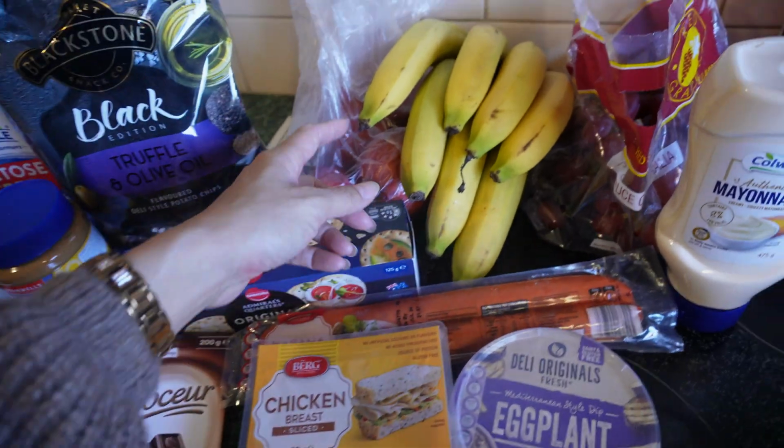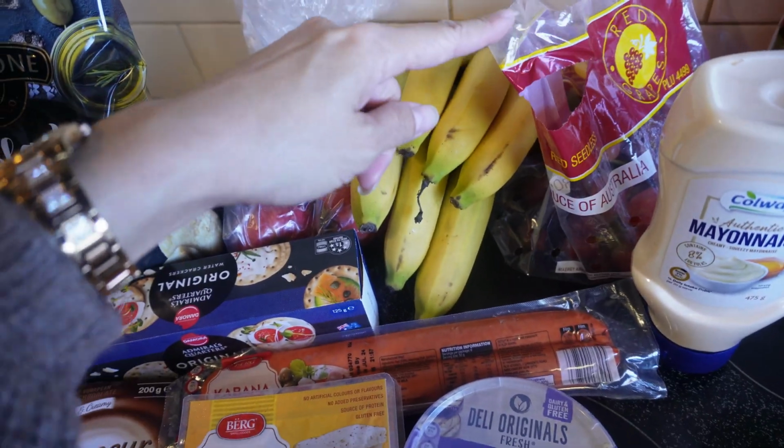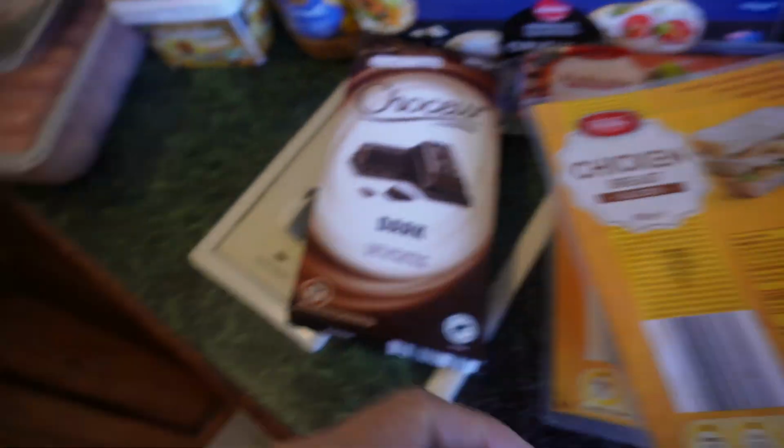So that's one night, and then over here is kind of like my lunches and snacks I've got planned. So basic apples and bananas, of course. I've got some red seedless grapes, and I'm going to make the kids...